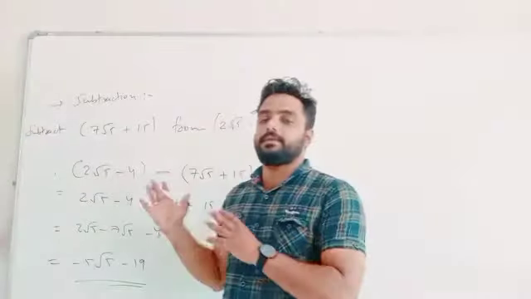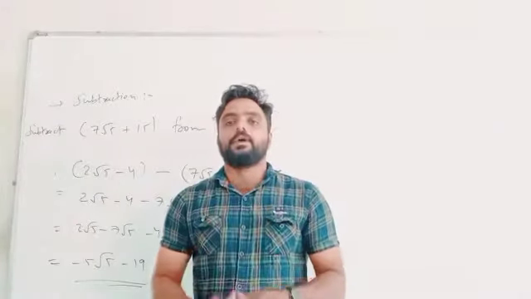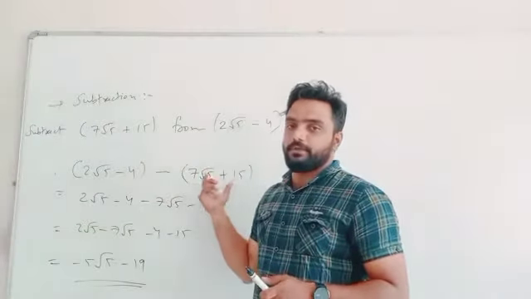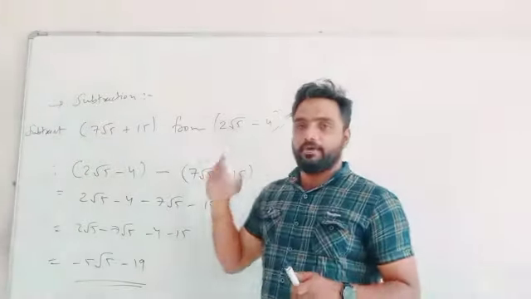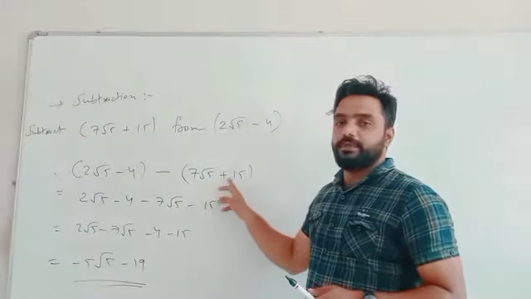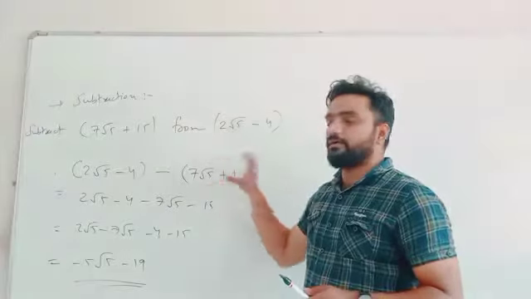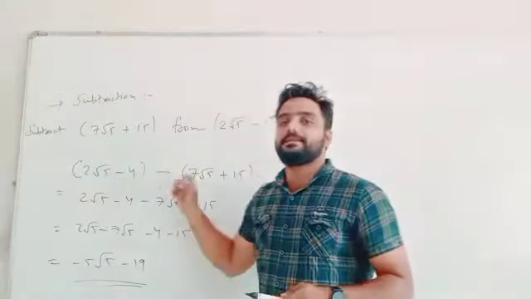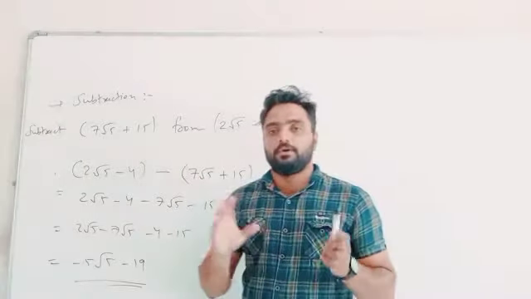If you are given numbers of this type and you have to do the subtraction, you must keep this in mind that while writing the second value, okay, you have to write it in a bracket. Why? What is the reason? Suppose there is a sign there, when you open the bracket, the sign will change. Understand or not? When there is subtraction between both of the values. All of you understand or not?